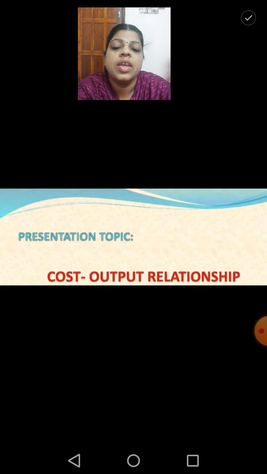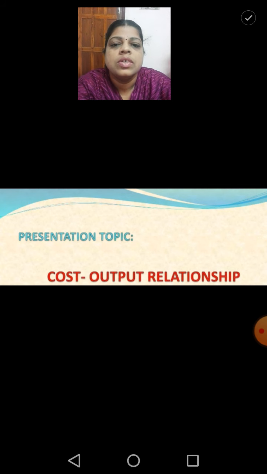Today, we are going to discuss the topics related to the third lesson in economics, named production function. Children, so far we have studied the different types of outputs: total output, average output, marginal output. And in this module, we'll discuss the relationship between the cost and the output.